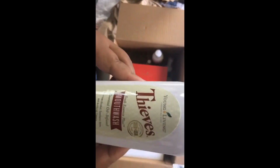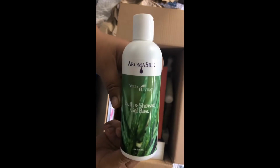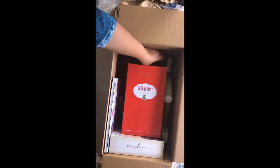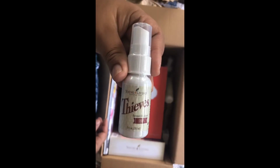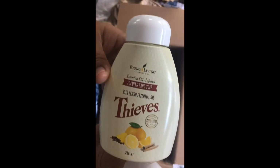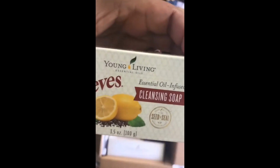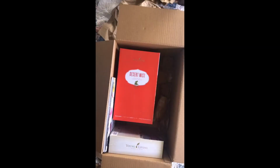Next one we've got is a mouthwash. I also got a bath and shower gel base, portable cleaning spray, foaming hand soap, cleaning bar of soap,